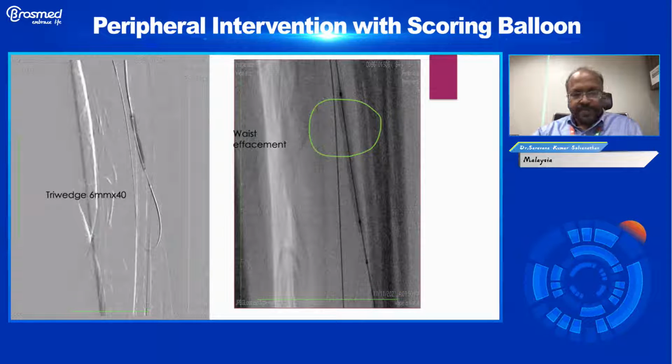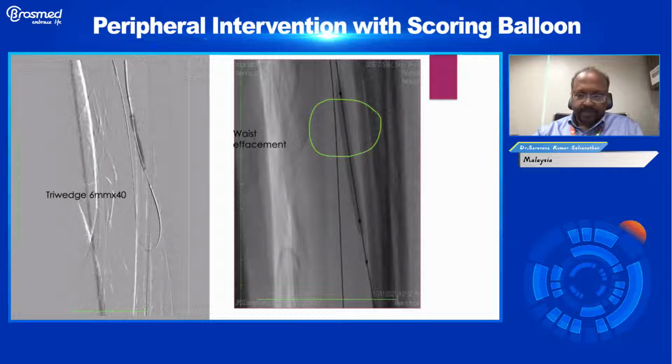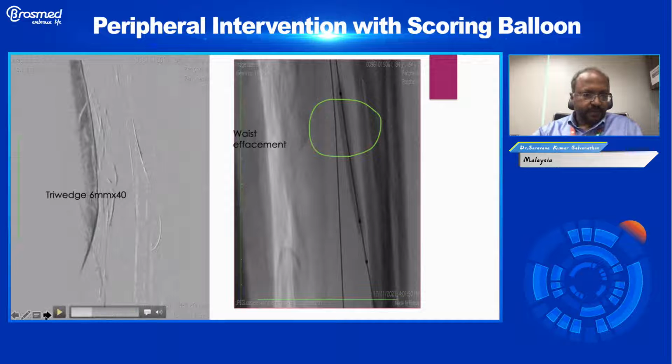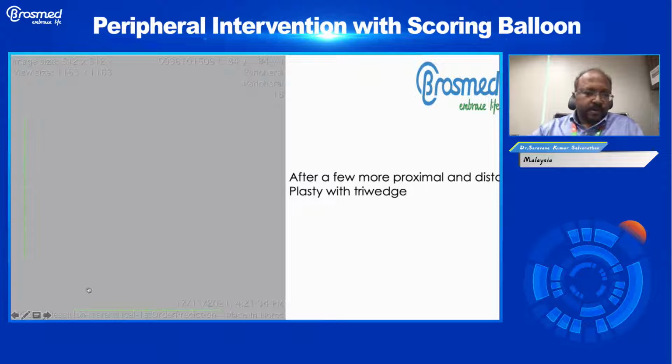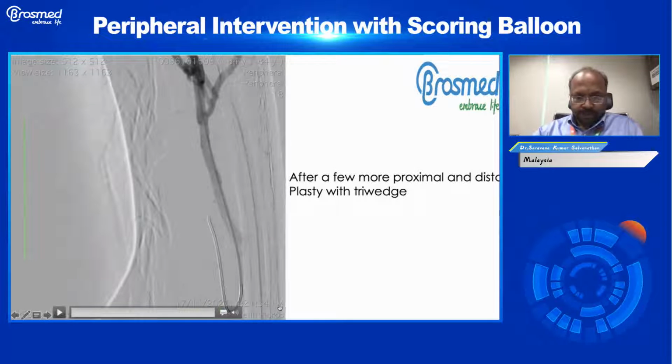Now, one of the things I realized is I really have to look very hard, mag it a few times, and look for actual effacement. Sometimes you see the balloon expanding, but it's not really effacing. So you need to keep a close eye on the effacement. I'm not sure whether you all can focus on this area. Suddenly you see the sudden bulging out, and that is probably the tightest spot that I had to do. And so after a few plasties up and down, I got this result,